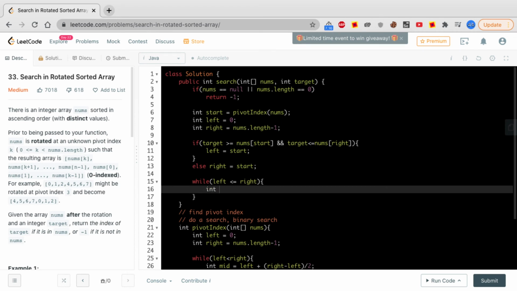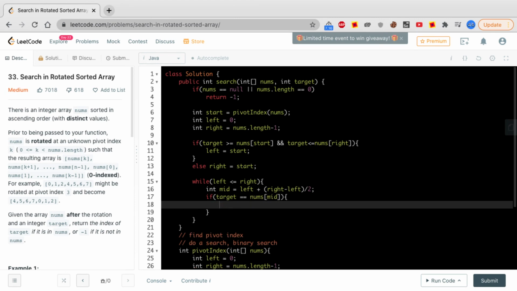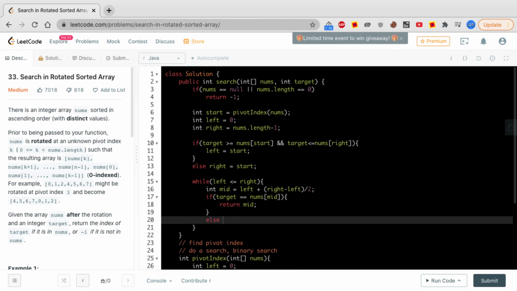We will find the mid, left plus (right minus left) by 2. If target is equal to nums of mid, then we return mid. Else we have to change left or right.